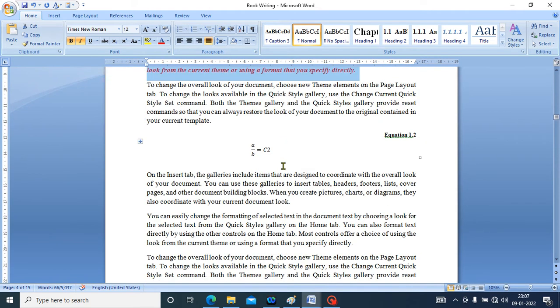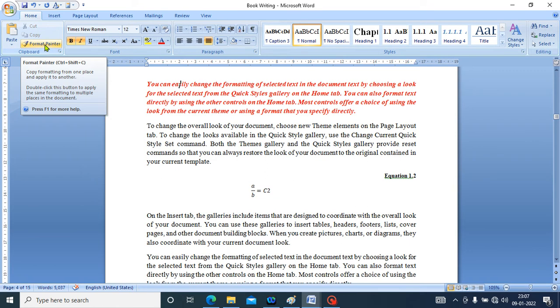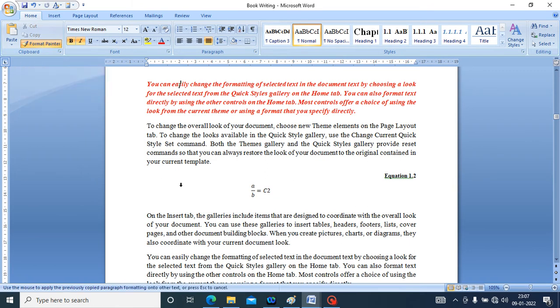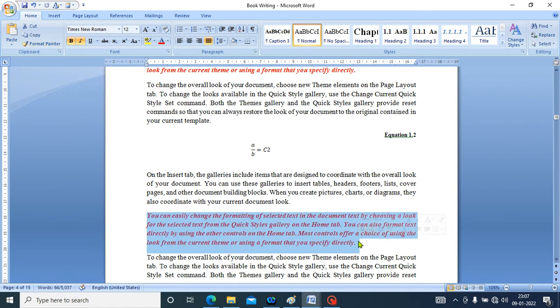So if you just scroll this document, let us say this particular formatting is required over here. What we can do is select this formatting by going to the format painter. If you see, this format has now been copied and a paintbrush will appear with the cursor. So you just select this and the same formatting will be applied here. There is also an option: you can double click this and then apply it at multiple locations, but sometimes it does not work.